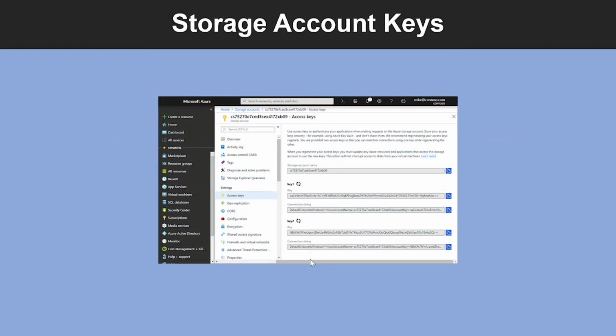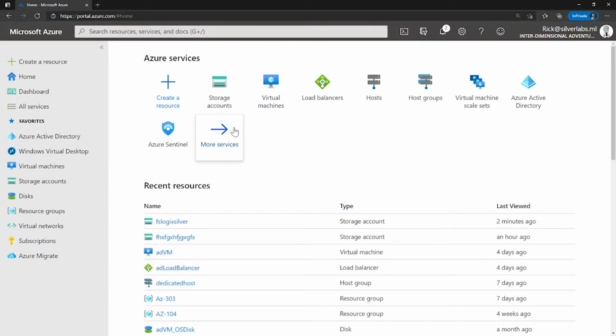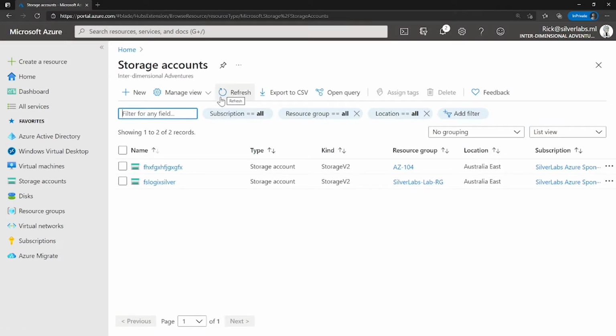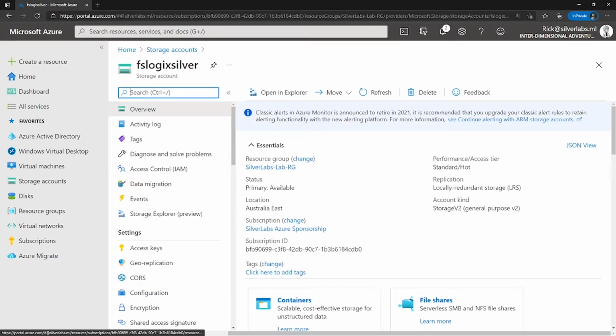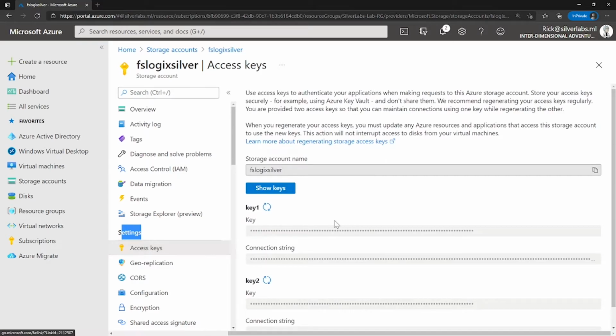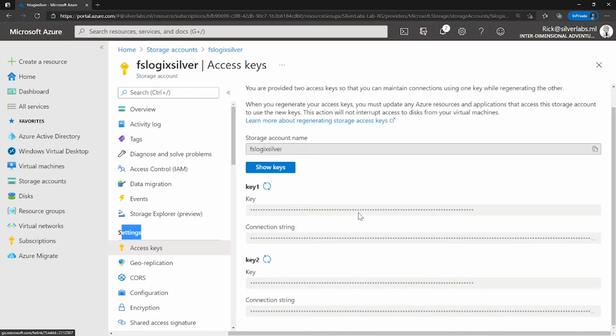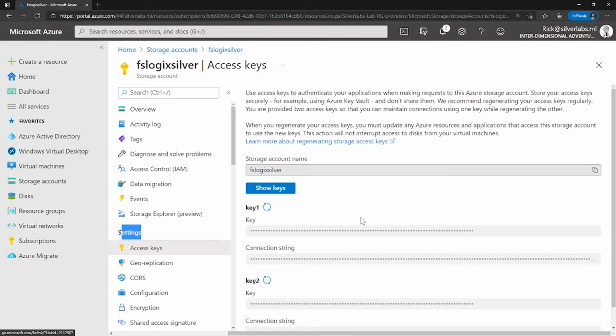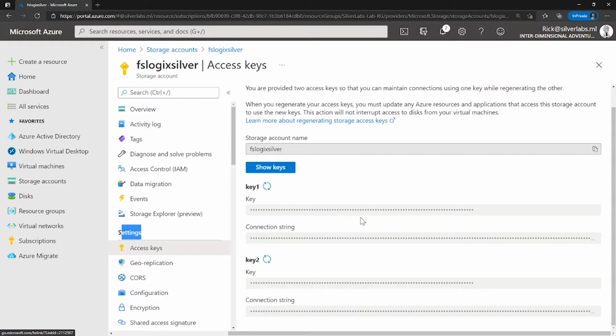Alright, so first let's understand account keys. I'm going to take you to the Azure portal to show you where you can find the account keys. Within the Azure portal, click on Storage Accounts, select an existing account, and under Settings, you can see Access Keys. The shared access keys in an Azure Storage Account are called Storage Account Access Keys. Azure creates two of these keys, primary and secondary, for each storage account you create, and they give access to everything in the account. And you can view the created storage keys in the Azure portal.